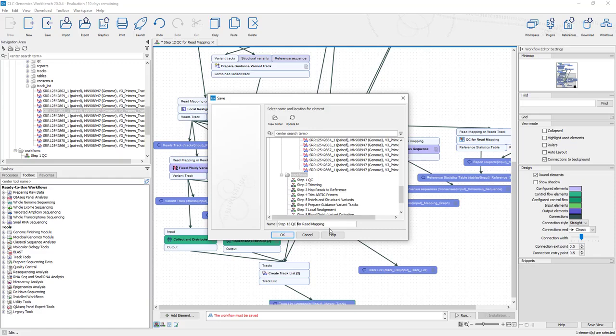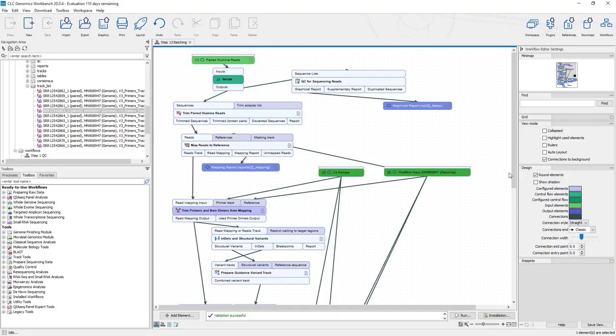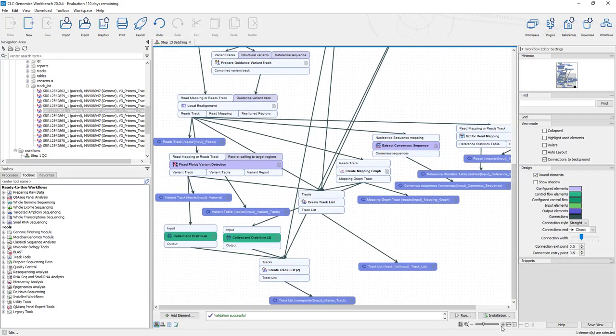13, and we'll call this batching. Okay. Now, let's run this one more time with all those specimens and see what happens. So run,